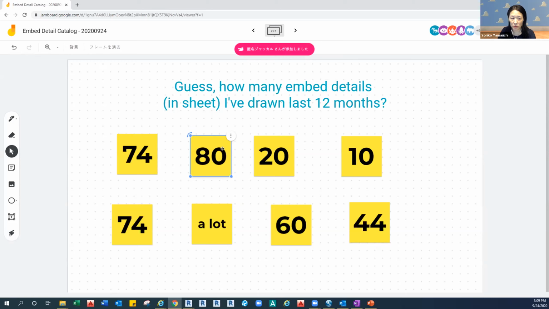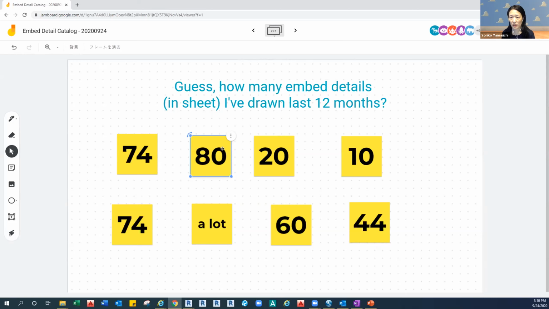So with those numbers, I calculated. It's not simple math, I probably had multiple details for one single embed or vice versa. But with those numbers, about 7% is only for the new embed details and about 93% is for just the standard. So we are spending almost 90% of my drafting time on just the standard ones, which already exist.